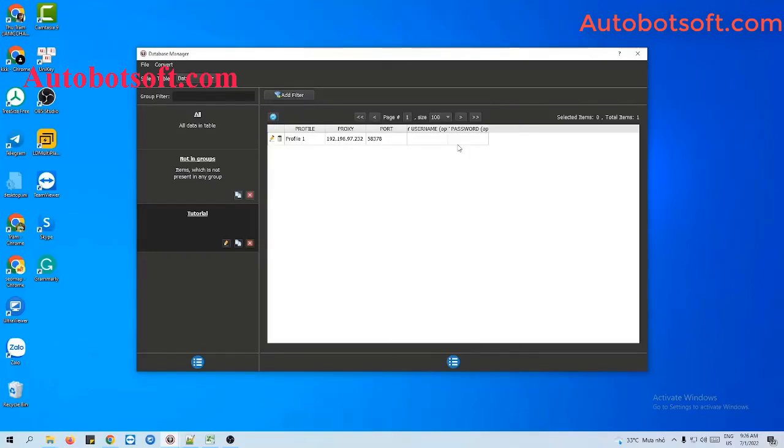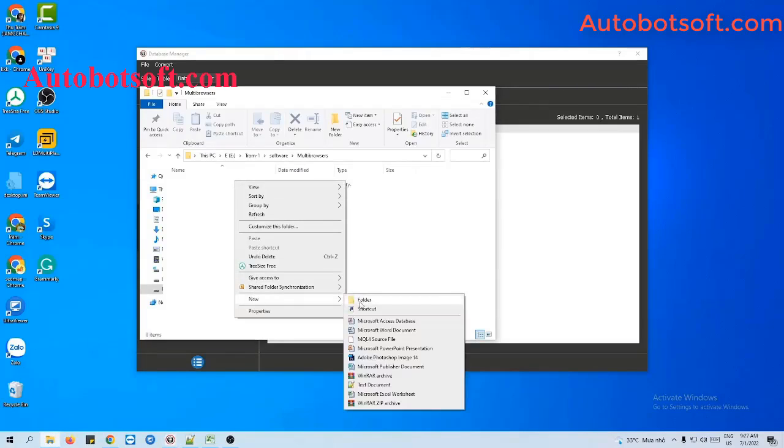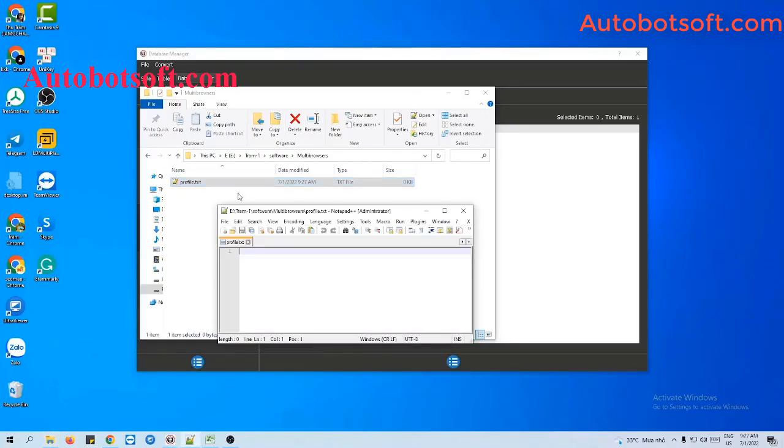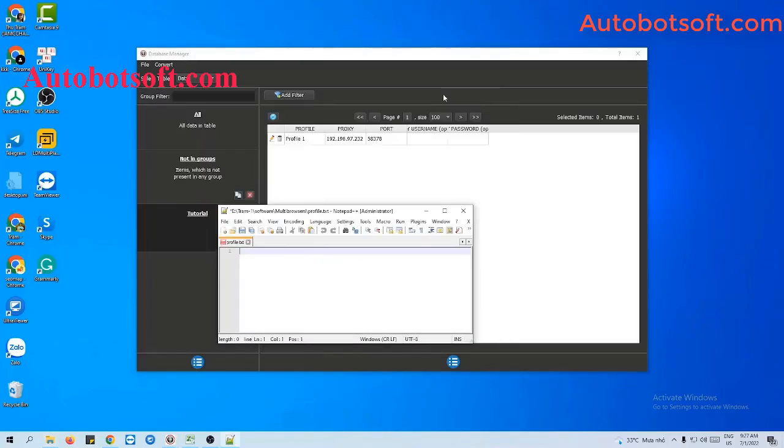The second way for you to import profiles is you will create a text file to save profiles. Then you will import all the corresponding information here. First one is profile 1, comma, browser, comma port,